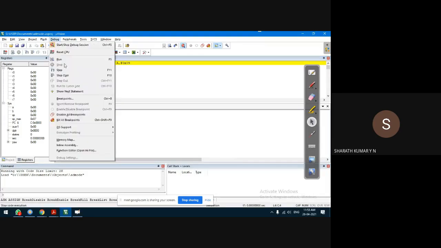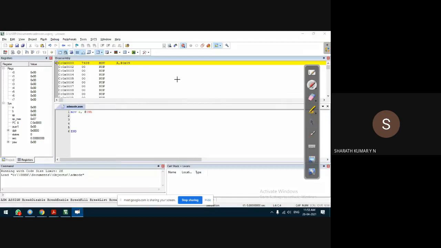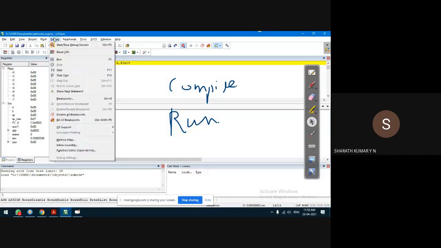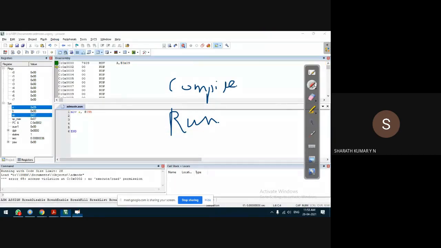There is disassembly window, register window, and our program window. Click on debug run. Just like in C program, first step was compile, and the second step was run. Similarly, in the Keil compiler also, the next step is debug run. When you say debug run, you can observe that some location content changes. Observe these two locations. What is the content of accumulator now? A corresponds to accumulator. The content of accumulator is 09H. That means data 09 is transferred into accumulator.